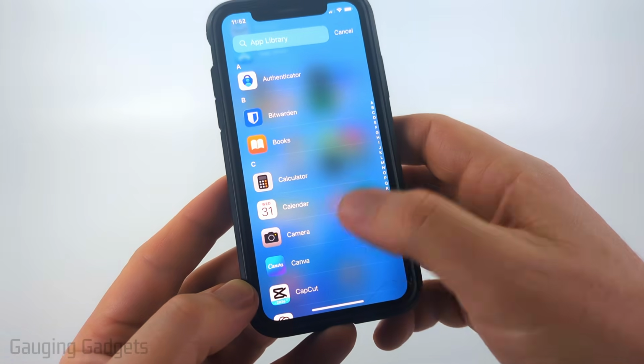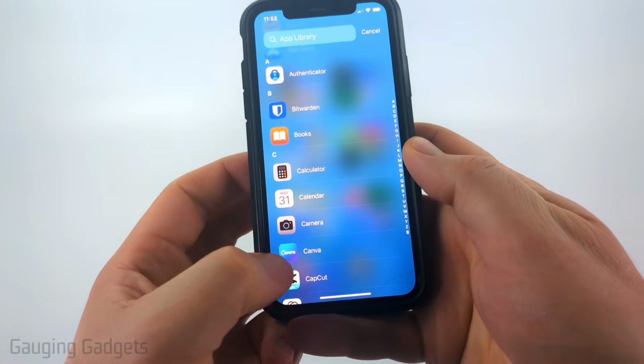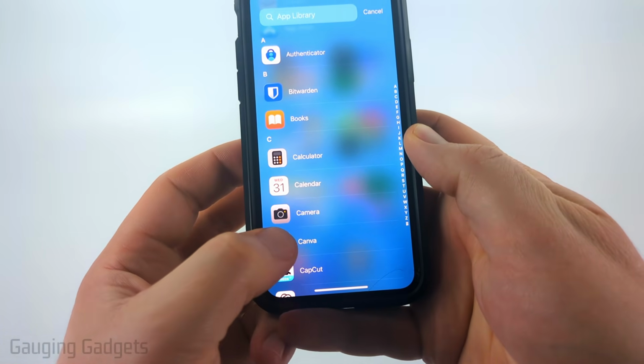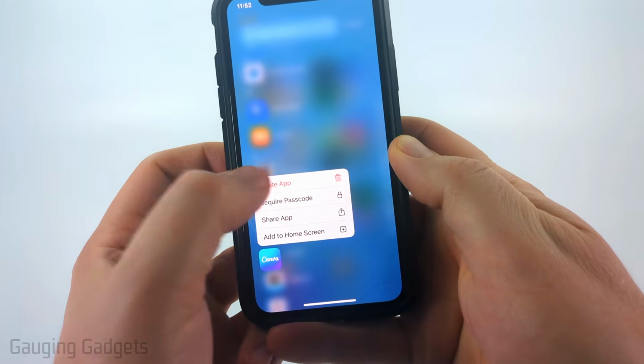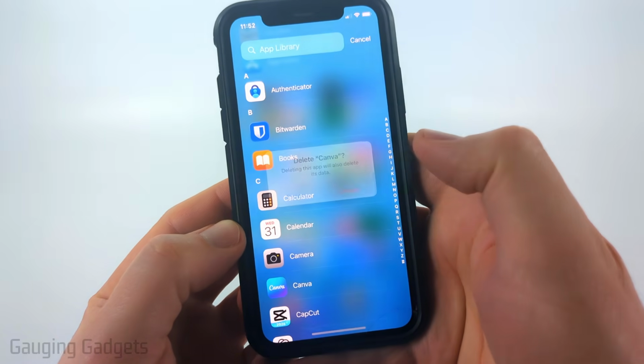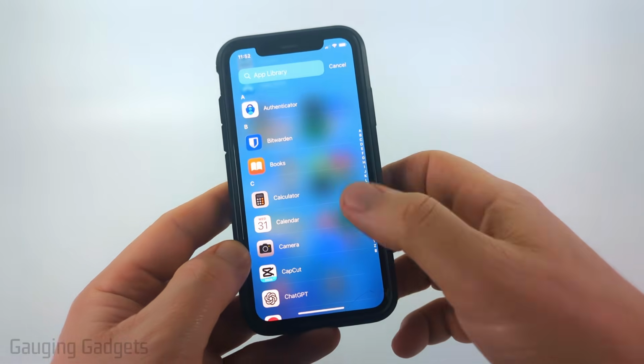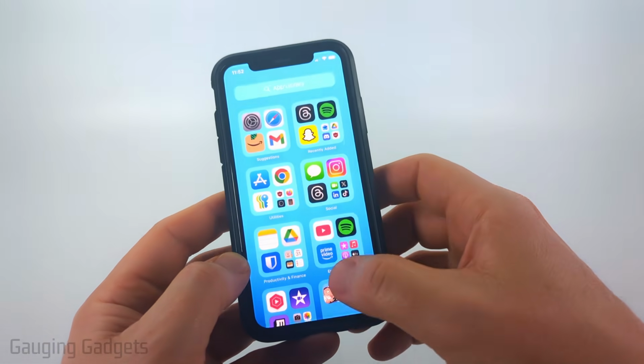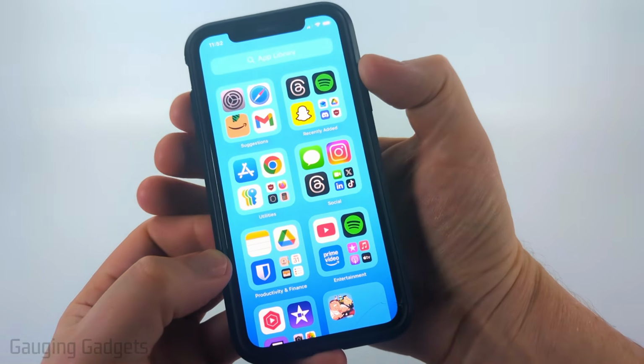Now I'm just going to use Canva as an example, but to remove any of these apps, long press the little icon for the app and select Delete App, and then confirm you do want to delete the app by selecting Delete. Once it's removed, go ahead and reboot your iPhone by simply holding the power button and the volume up button at the same time